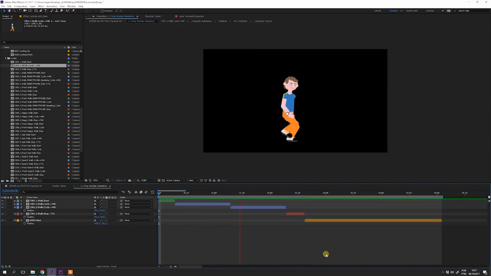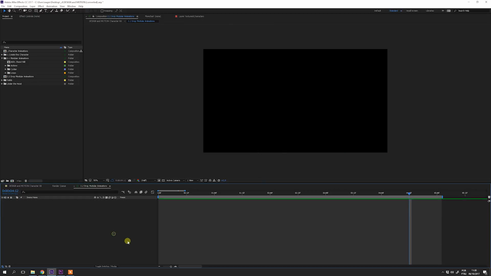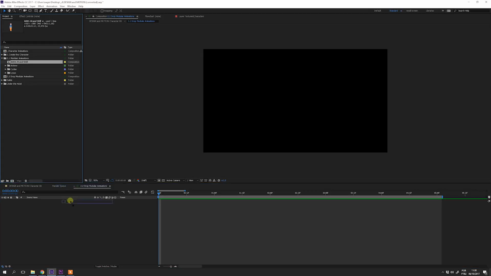In every cycle, I added these numbers that will help you to get a perfect fit for the animations. It will save you a lot of time. There are some animations that are wider than the screen. In this case, it will not fit with other actions. So I put a number to help you to adjust the position, very similar to what we have done with the cycles. Let me show you.